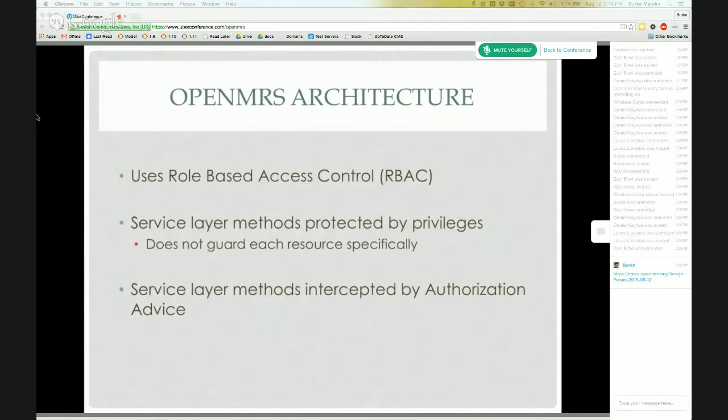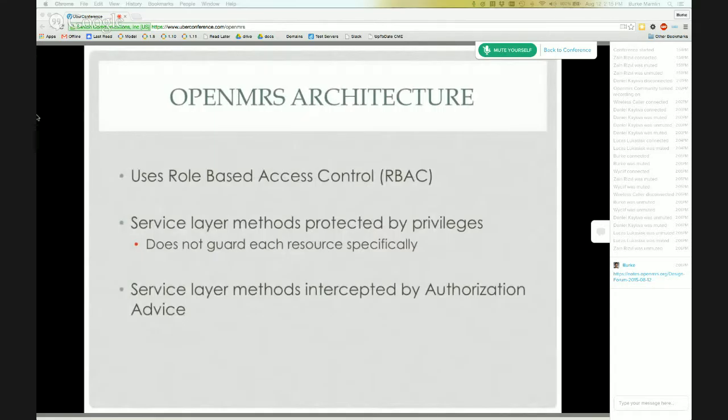But when a service layer method is being invoked, it is actually intercepted by the authorization advice, where the RBAC model comes in and checks, does the user have the proper privileges in order to access this method? If the user does, then the service layer method is invoked, and the system operates properly. If the user does not have the correct privileges, then the invocation is halted.